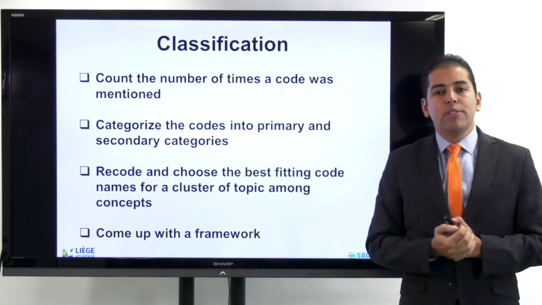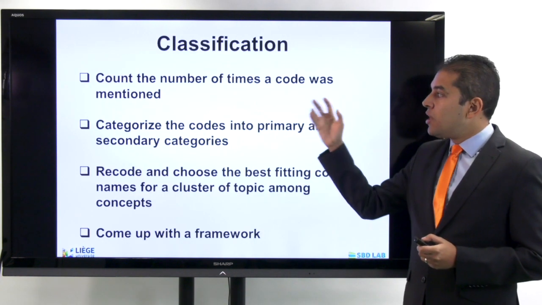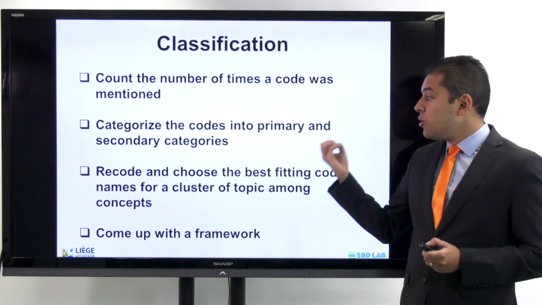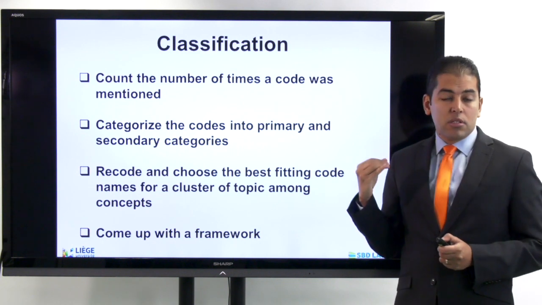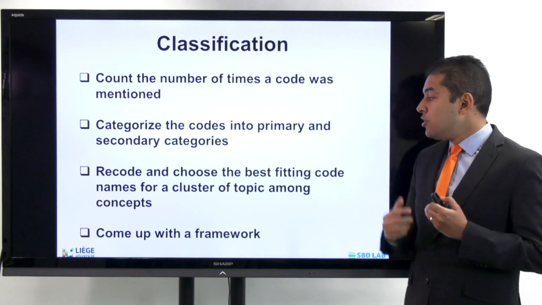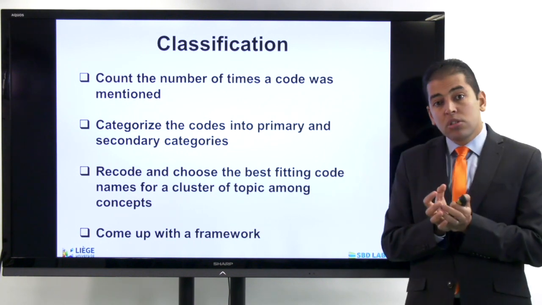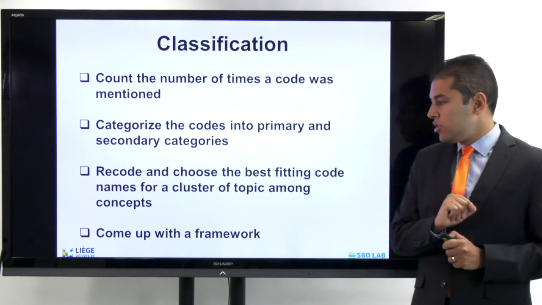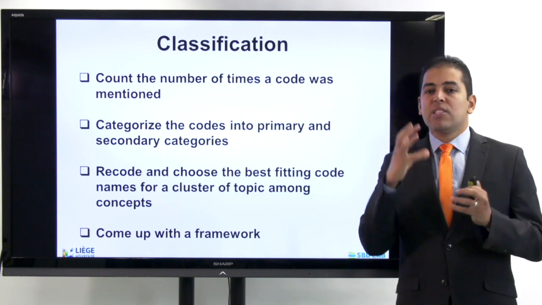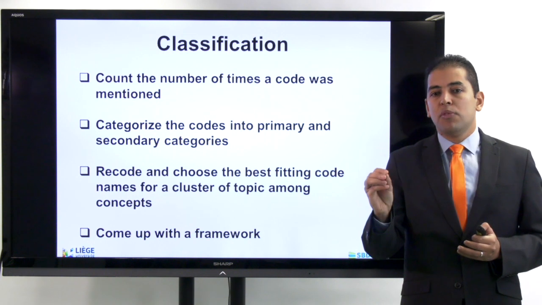Well, how do I do the classification, and how can I move from coding to categorization? You need to count the number of times a code was mentioned. You need to categorize the codes into primary and secondary categories to make sure what is more important and what is less important. You need to recode and choose the best fitting code names for a cluster of topics among concepts in relation to your research question. And then you can come up with your framework of understanding that summarizes all this large content into a meaningful